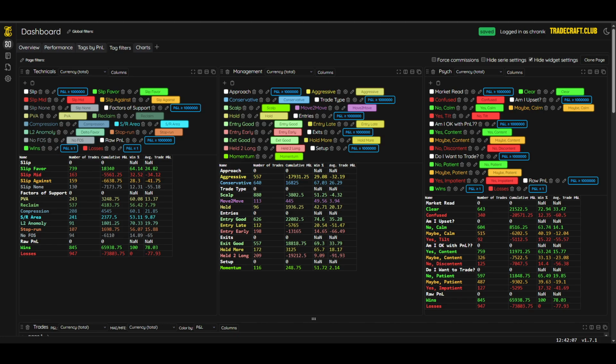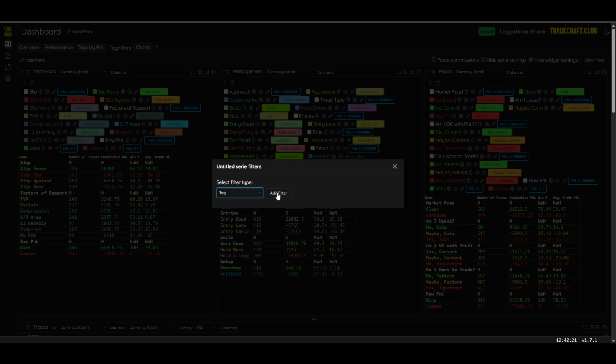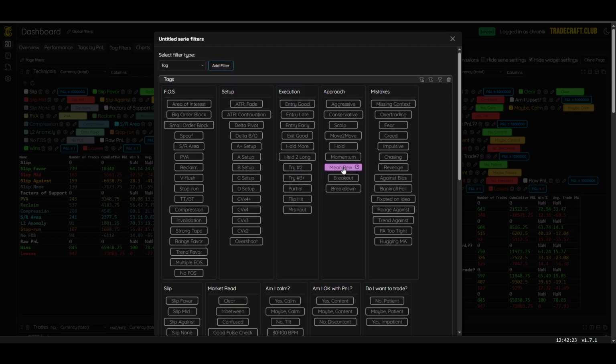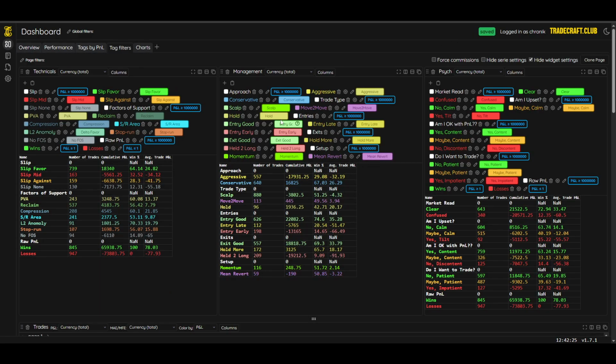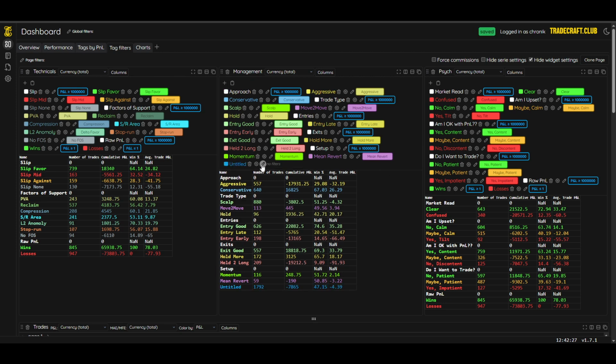You still have your conservative aggressive tags? Yeah, those are probably one of my most important tags. Obviously, clarity is going to be important. Yeah. That would be a staple tag. Are you getting upset that my managements are all over the place? I have this weird management section, but